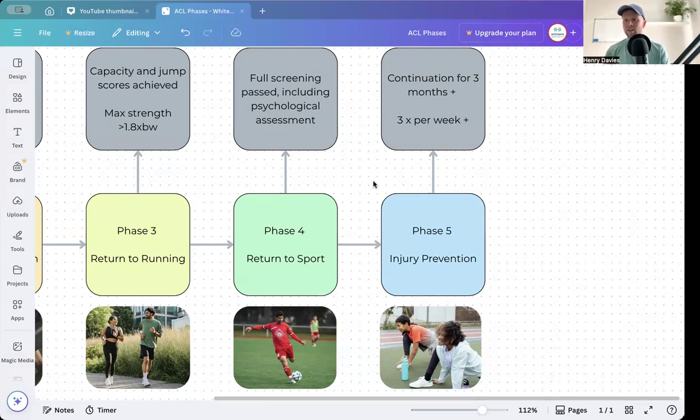So once you're back playing sport fully, phase 5 is just a continuation of that work. Now, the guidelines say 3 months plus. In reality, this should be indefinite, that you're just continuing to do high quality training to prepare yourself as best as possible and therefore not get injured, just as you should have been doing in the first place anyway. But as a general rule of thumb, 3 months at least 3 times a week of this type of work